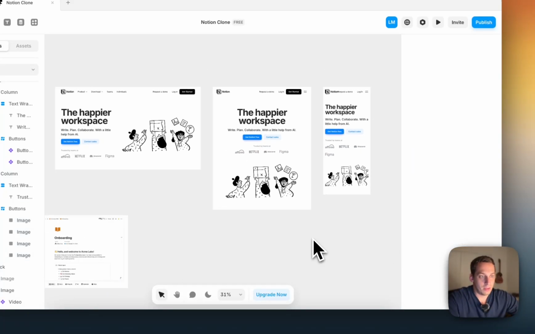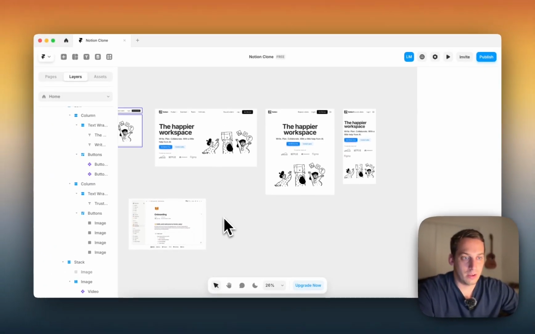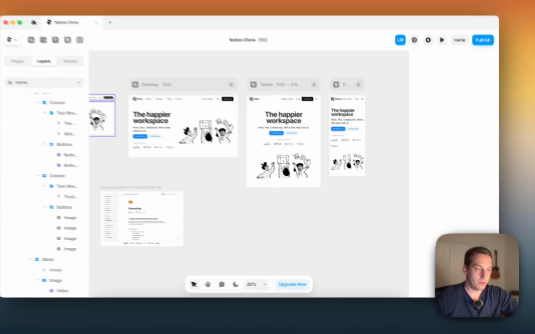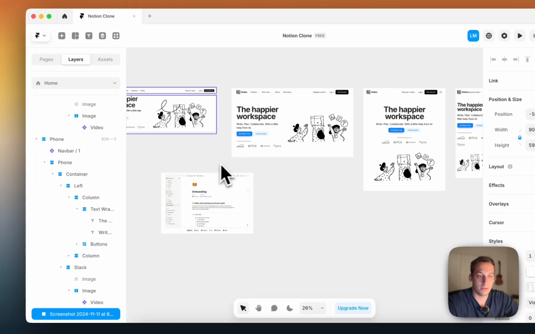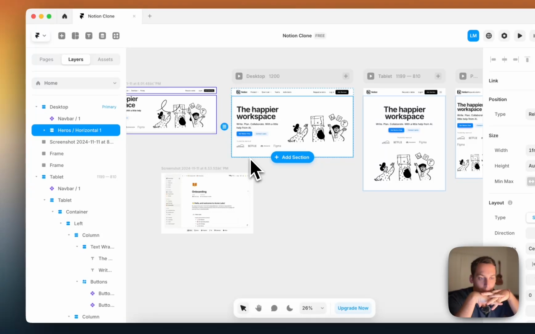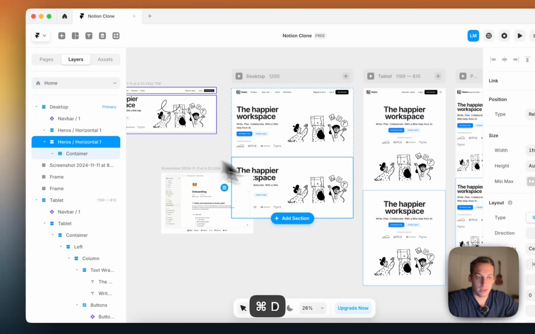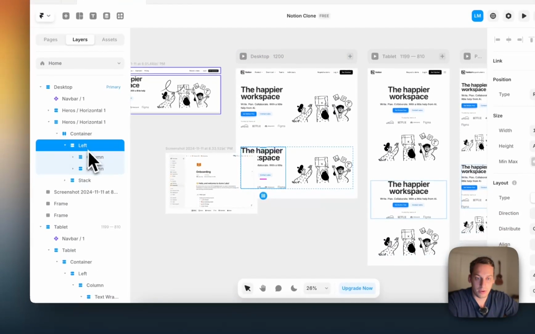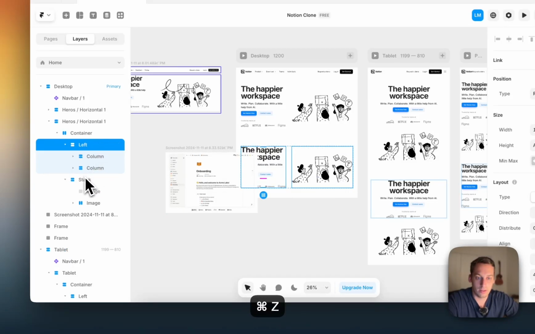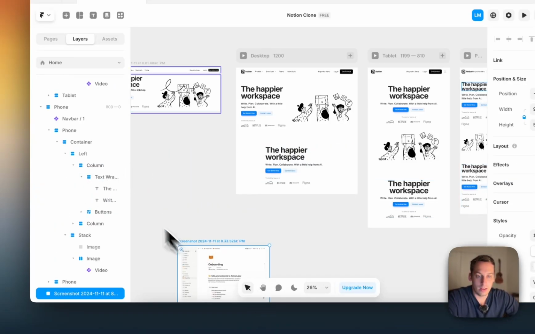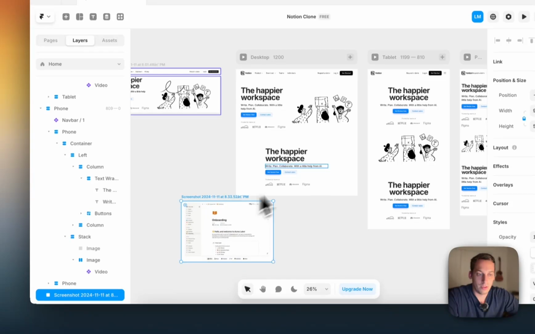So we have this first hero section nice and done. It looks pretty beautiful, right? The Framer, the Notion design is very nice. So what we got to do now is let's just duplicate this. And we have a container, but we don't have a left or right. We just have one container. Actually, let's delete this one. And then for this one container,